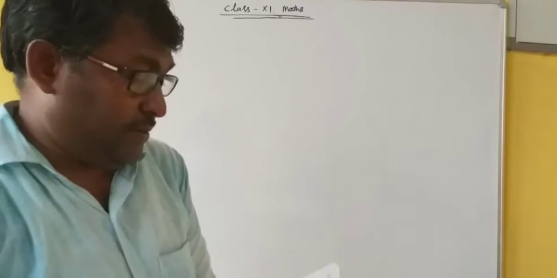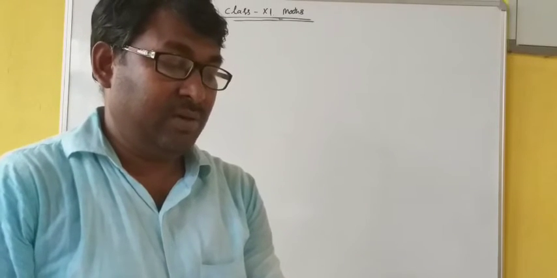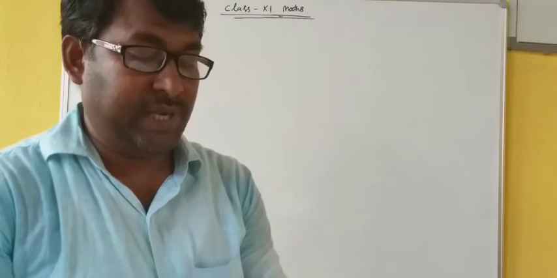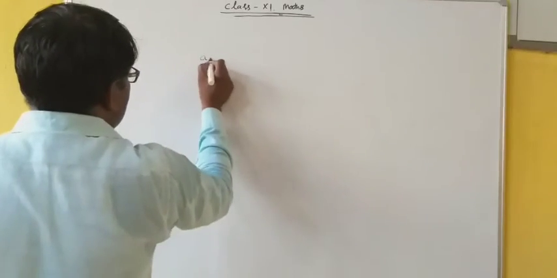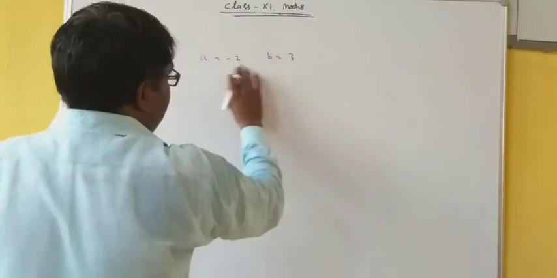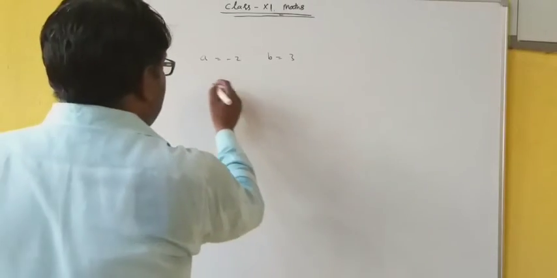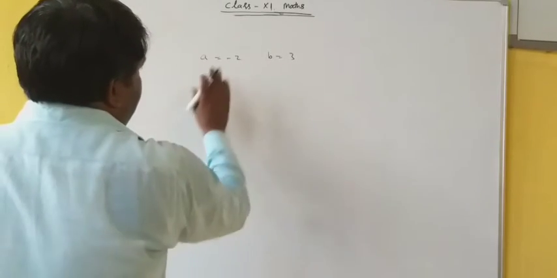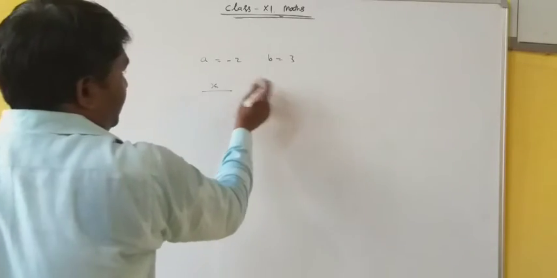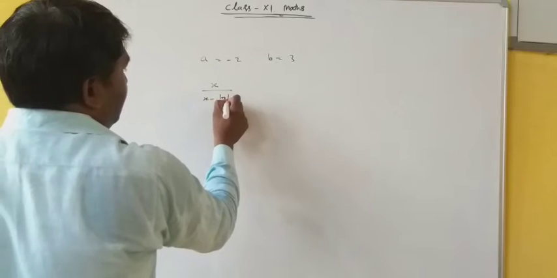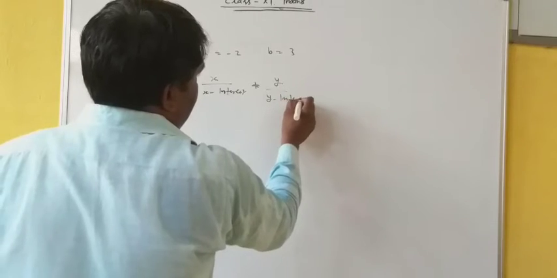Okay, some numericals like, write down the equation of the straight line cutting off intercepts a and b from the axis where a is -2, b is 3. A is -2 and b is 3. These all are intercepts cut by the line on the axes. Now see, this a is the intercept on the x-axis, b is the intercept on the y-axis. So, as you know, the equation of the required line is x upon x intercept plus y upon y intercept is equal to 1.